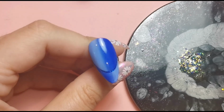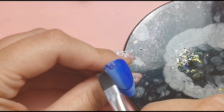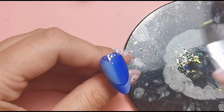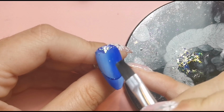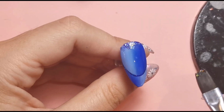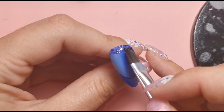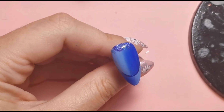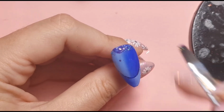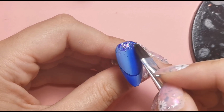I'm going to scoop it off the palette and place it at the cuticle area. Got my pot of glitter near me. Well, I didn't, but I do now. Okay, I need to move that bit of glitter for it to focus on this bit that's actually on the nail. Placing that at the cuticle area where I want my fade to start. I'm going to pick up a few extra specks out of the pot itself and just place them up there, and then I'm just going to pull down this brush